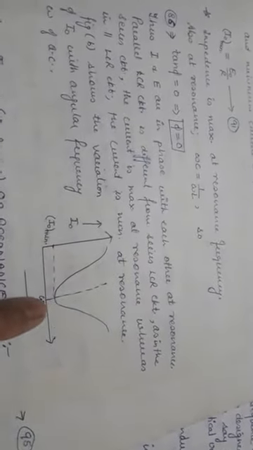So this type of variation is shown here in the graph. I have plotted over here the current versus frequency graph, for which at frequency omega naught, the current amplitude I naught becomes a minimum. It takes a dip at this point. That means this is totally the reciprocal of the graph that has been obtained in the series LCR circuit. That is why this is the basic difference between a series LCR circuit and the parallel LCR circuit.